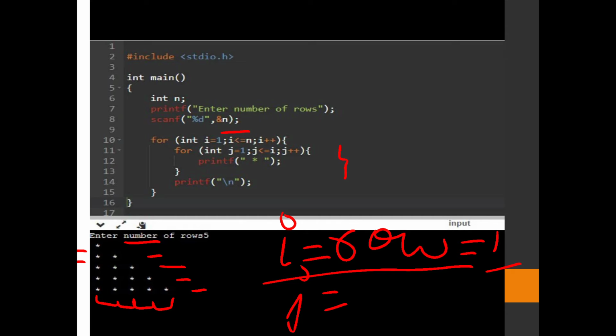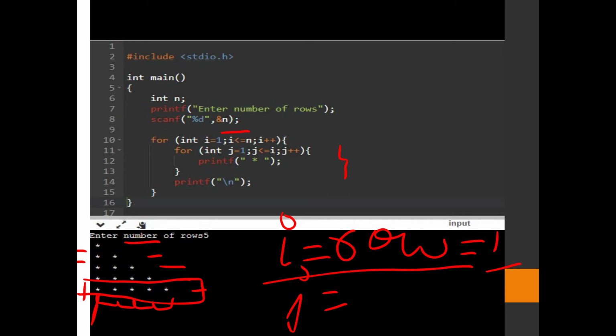When the value of i is 5, that means we are on the fifth row and have to print 5 stars. So we need another variable which starts from 1 and goes till the row number, here the fifth value.